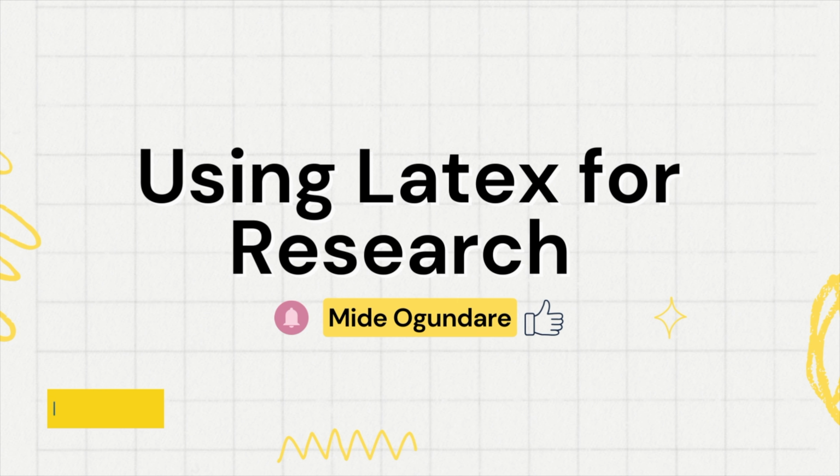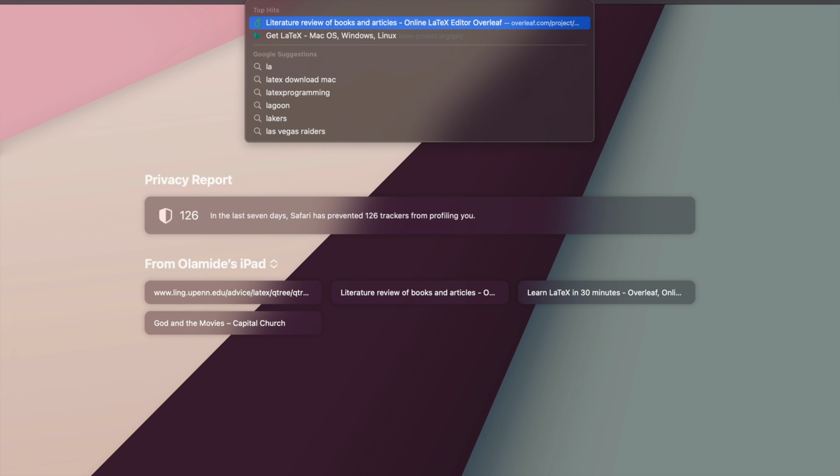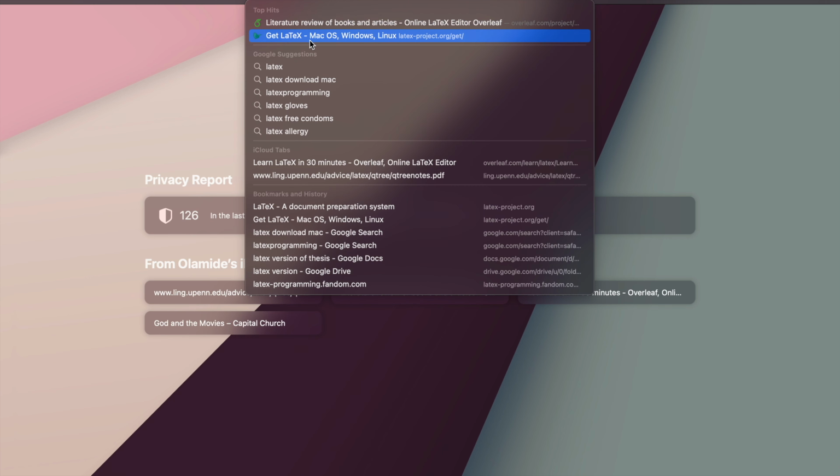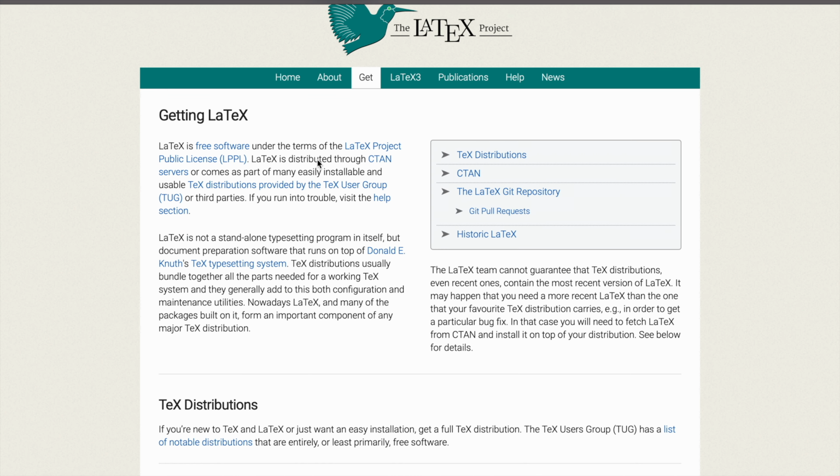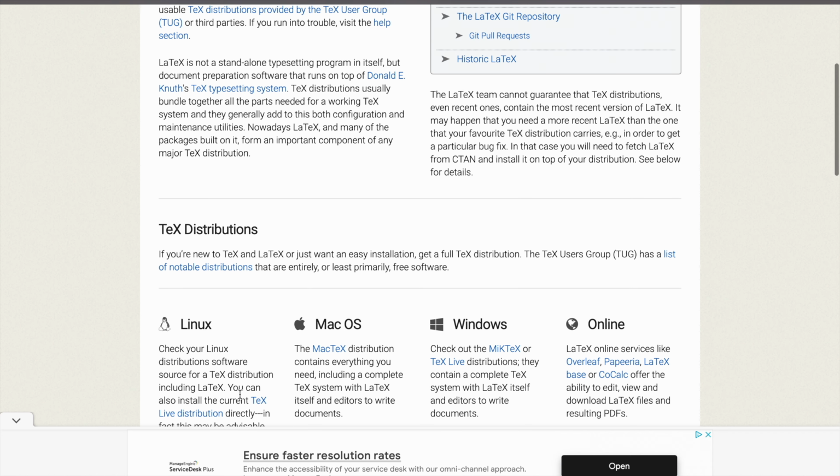Today I'll be teaching you how to use LaTeX for your research purposes. So there are two ways to access LaTeX. The first way is to go to this website, latexproject.org. Then you scroll down on the website if you're using a Linux, Mac OS, or a Windows